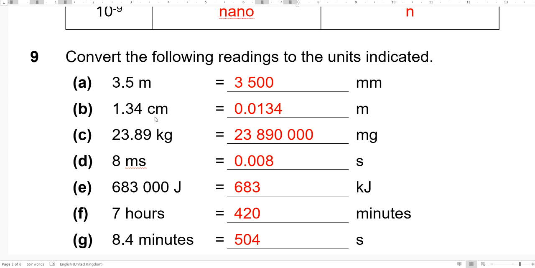How do you convert from, for example, grams to kilograms? Divide by 1,000. How do you convert from meters to kilometers? Divide by 1,000. How do you convert from joules to kilojoules? Divide by 1,000. Same thing. Why is it that we are dividing by 1,000? Because